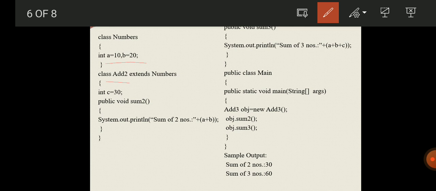Here we have C equal to 30, and we are using the method sum 2 of, which finds the sum of A as well as B.